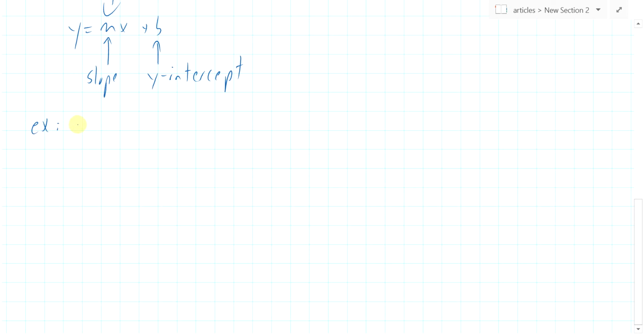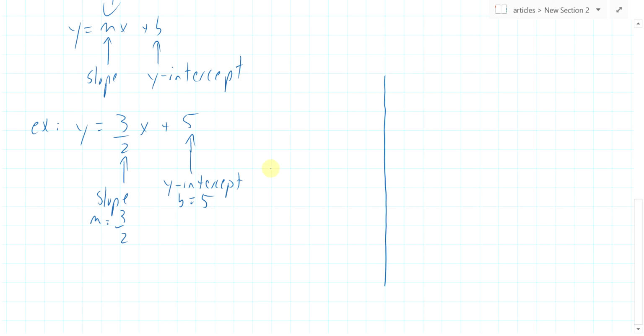Examples are often the easiest way to see things. Suppose we have y equals 3/2 x plus 5. So here our slope is 3/2. Slope is usually called m, and our y-intercept, that's b, is b equals 5. Okay, so if we graph this,